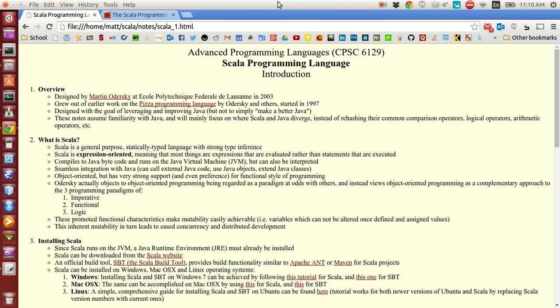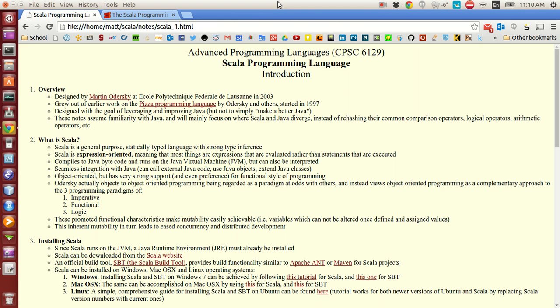Alright, so let's talk about Scala. Scala was designed by Martin Odersky, who's a PhD in computer science and a faculty member of Lausanne Polytechnic School in Switzerland. Design began officially in 2003, but more unofficially, starting in 1997, Odersky and others began work on what became known as the Pizza programming language,